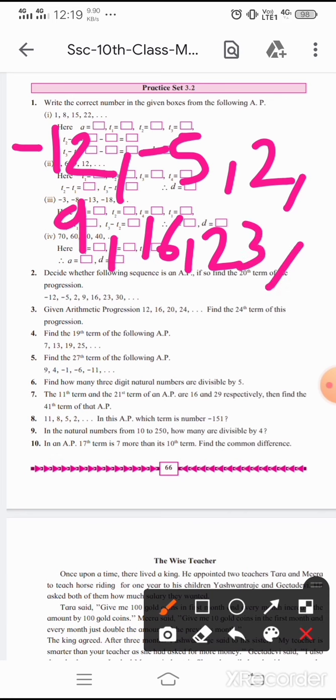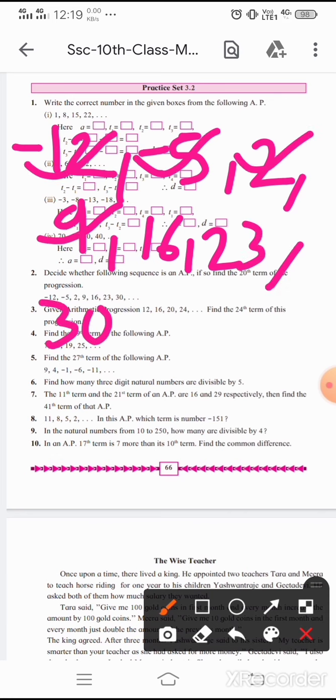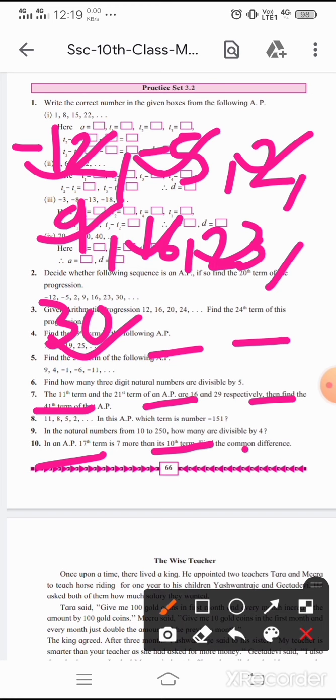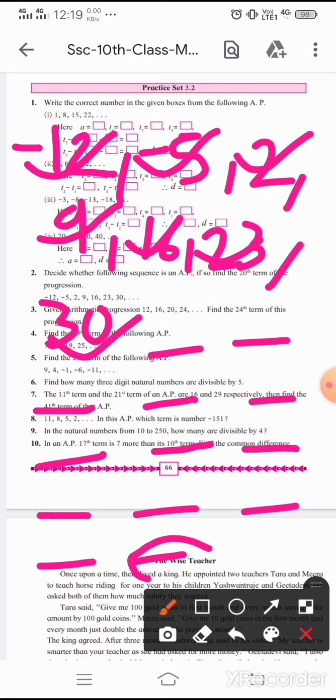and then 30, right? This is first term, second term, third term, fourth term, fifth, sixth, seventh, then 8, 9, 10, 11, 12, 13, 14, 15, 16, 17, 18, 19, 20. So this 20th term we'll have to find out. तो यहाँ पे हम लोग हर एक नंबर में 7 ऐड करेंगे तो ऐसे आंसर मिल जाएगा, बट इट विल बी टाइम कंज्यूमिंग, बहुत ज़्यादा टाइम लगेगा.